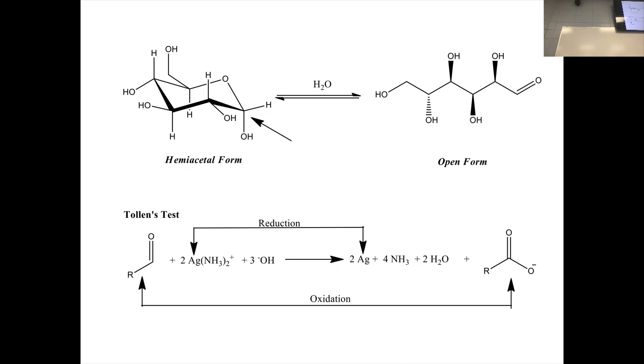Starch is soluble in water, cellulose is not. It's a good thing, right? Cotton is cellulose. You don't have any problem washing your clothes. You wouldn't wash your clothes if they were made of starch. Well, you would try and they would dissolve, right? Wouldn't be very good. So, what we're going to do today is we are going to do the Tollens test